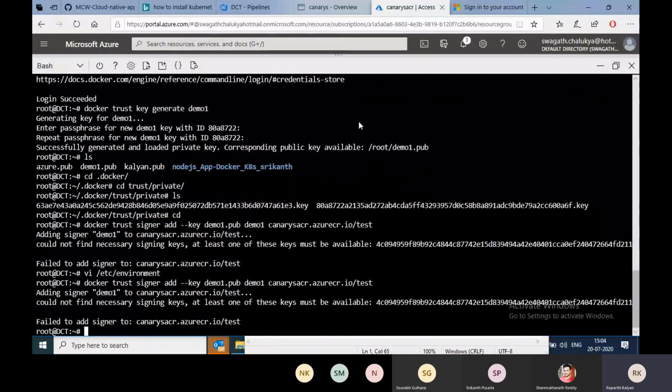Could not find necessary signing key. At least one of these keys must be available.